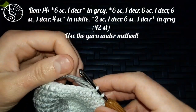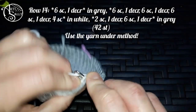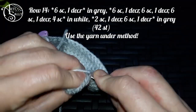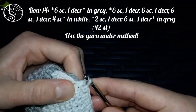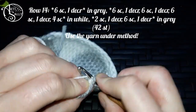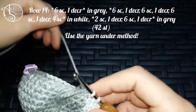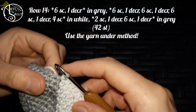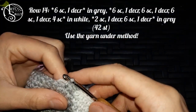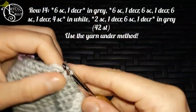Sometimes I also lose count. You decrease after your 6th stitch and then you work 6 more single crochets. You decrease once more and then you work 4 single crochets in white and change your color back to gray. You work 2 single crochets, you decrease once, you work 6 single crochets,